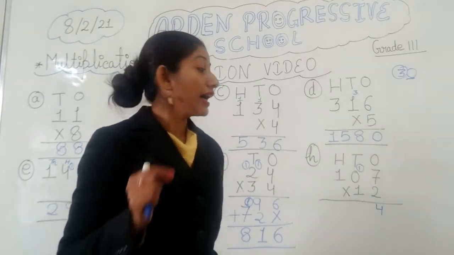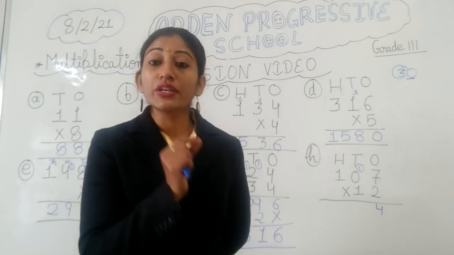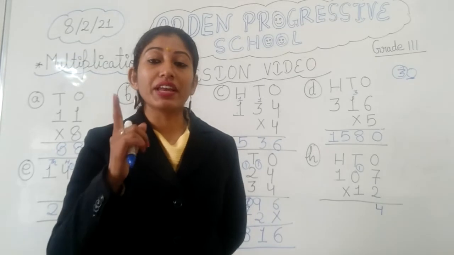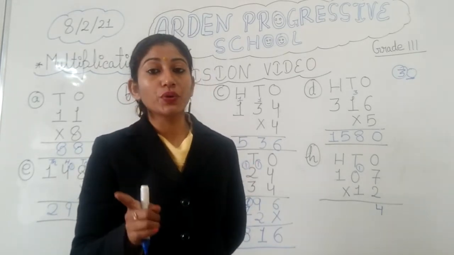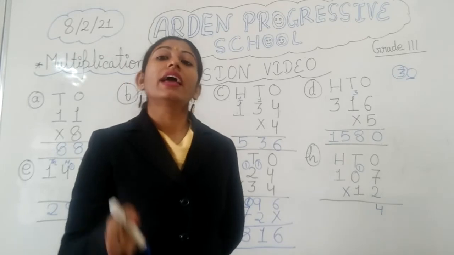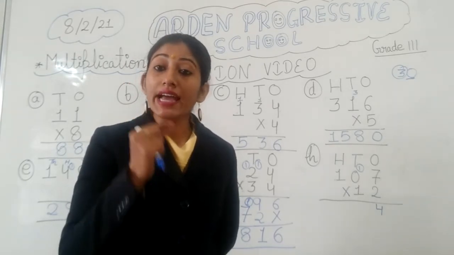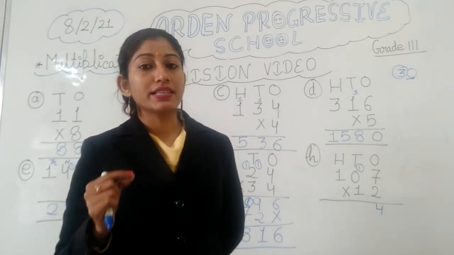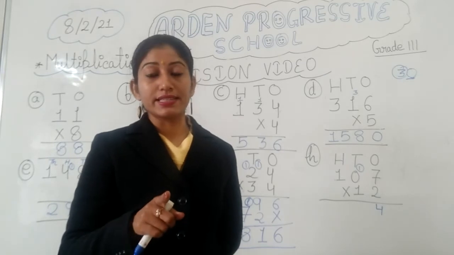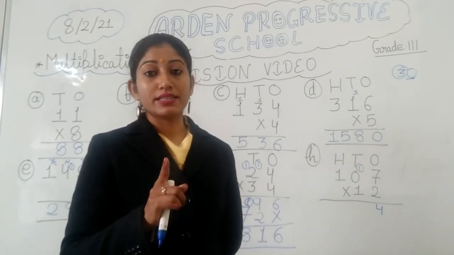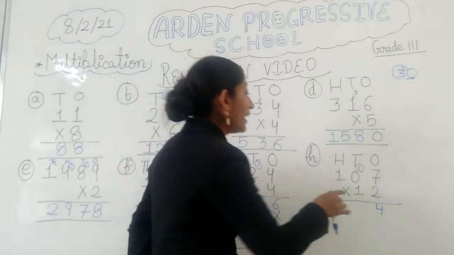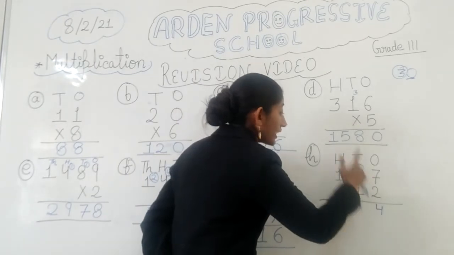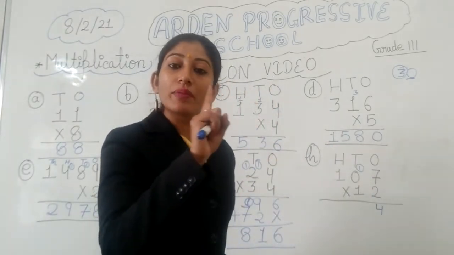मैंने आपको ये कहा कि जब हम किसी नंबर को 0 से मल्टीप्लाई करते हैं तो हमारा आंसर हमेशा 0 आता है. Whenever we multiply any number by 0, then we get 0 as the answer. And whenever we add 0 to any number, then we get that number as the answer. तो यहाँ पे क्या हुआ? दोनों चीजें हुई हैं. पहले हमने 0 से मल्टीप्लाई किया तो 0 आंसर आ गया, बट हमारे पास 1 कैरी था, तो जब हमने 1 को 0 से ऐड किया तो हमारा 1 आ गया.